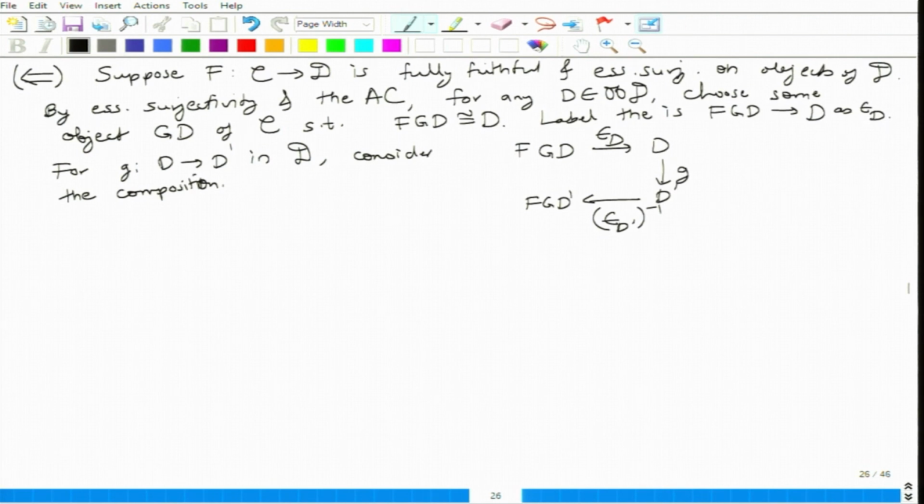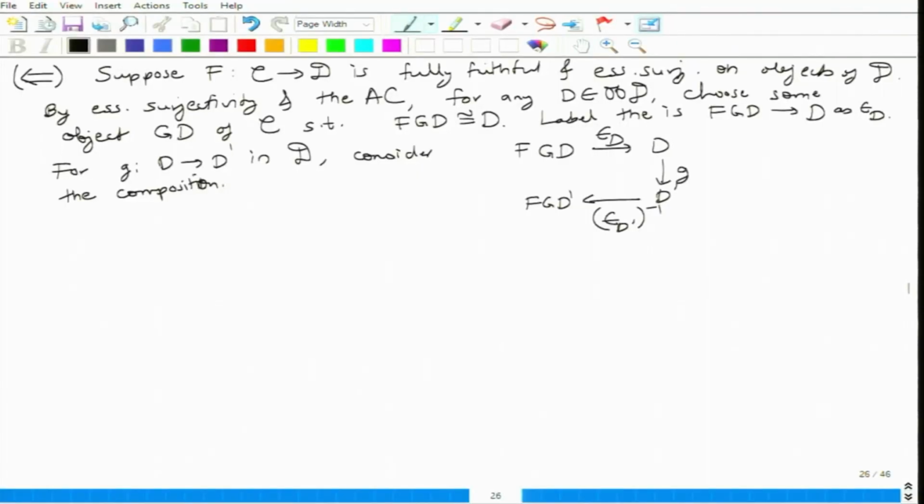F is full and faithful, correct? So for FGD to FGD dash, from this we have a morphism from GD to GD dash. Very good. Okay, consider this composition. Now since F is fully faithful,